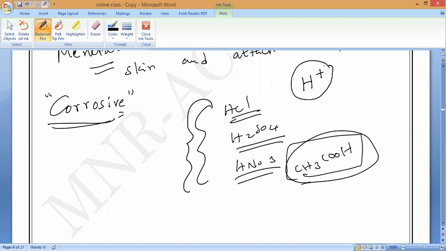We will study that also: what this hydrogen ion is, and why it behaves with acidic nature. That is all we will study in the next class. And we will also study, through one activity, that not all compounds containing hydrogen are acids.